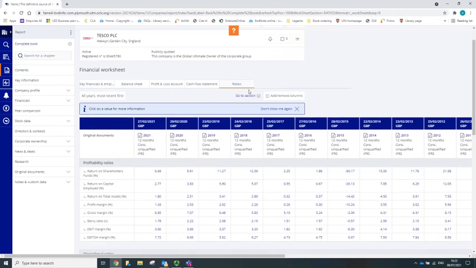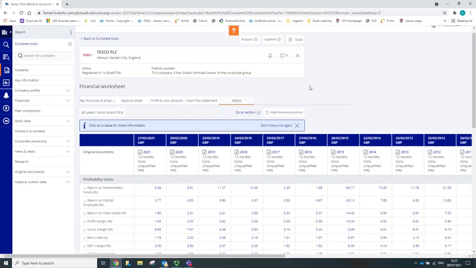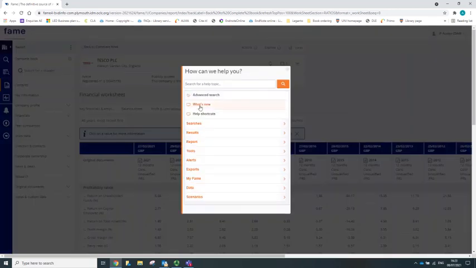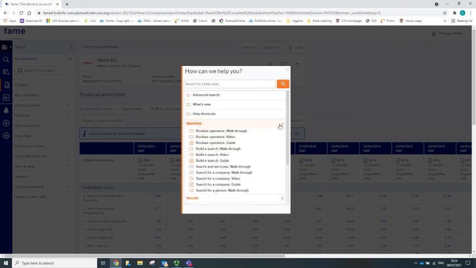For more information about any of the terminology, you can go to the question mark at the top here, where FAME have got much more in-depth information about all the elements of this service. This is just a very brief and basic introduction. But say you want to look up how to do a search, you can look at the different options that they have here. So build a search, video,